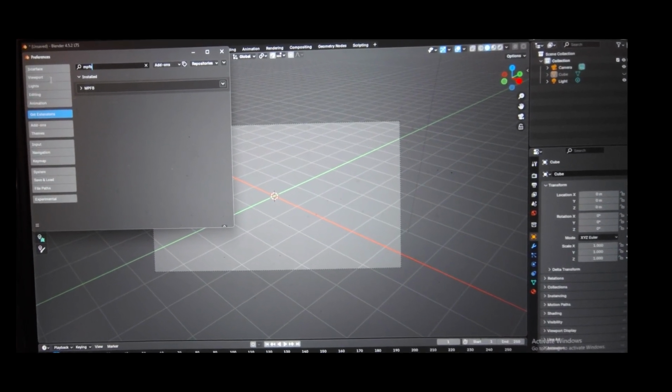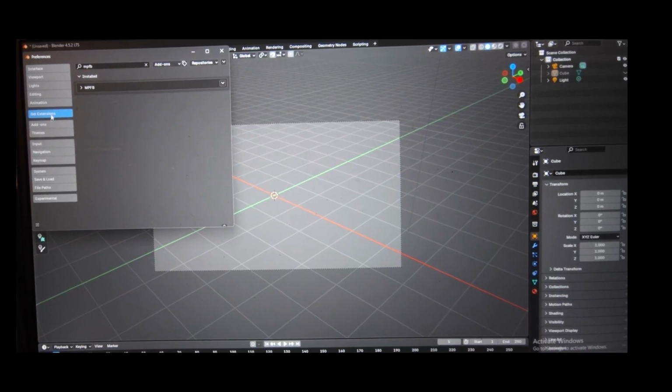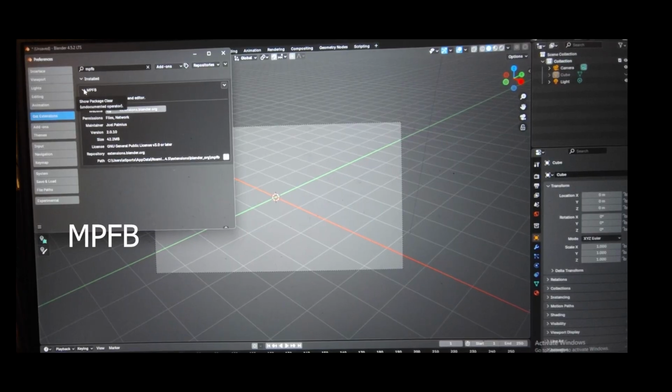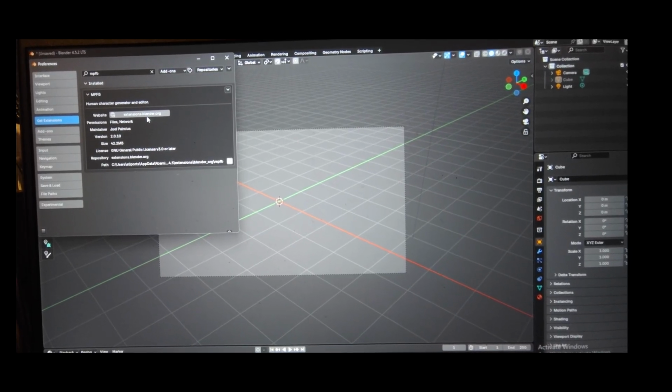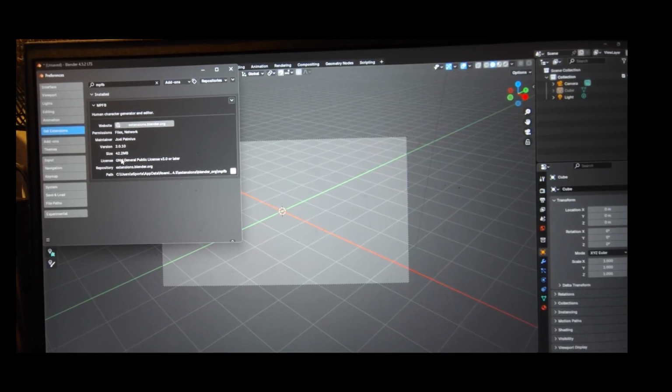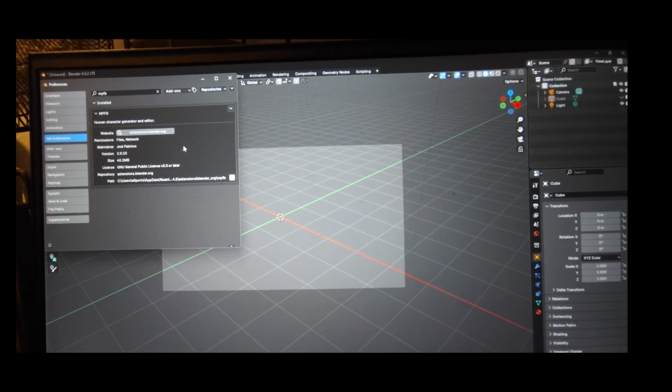You see here you have different preferences you can set. The only thing we're going to focus on right now is MPFB. You go ahead and click this button here, and you see what it says. It's an extension. It's about 42 megs, and